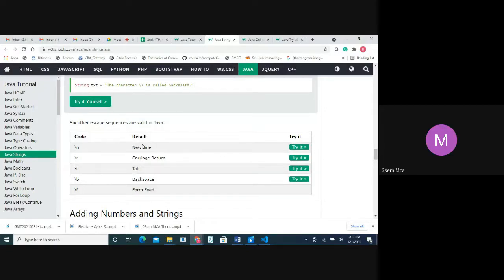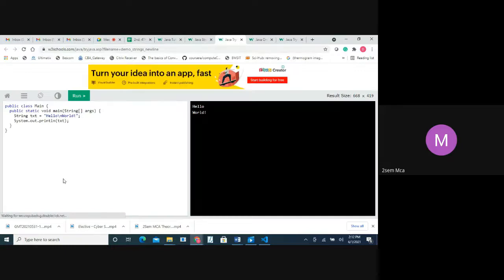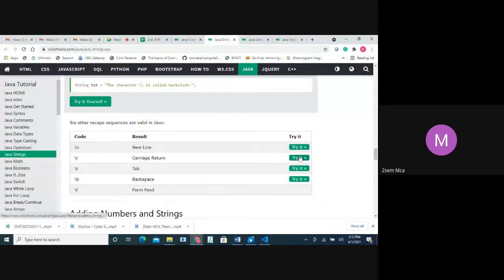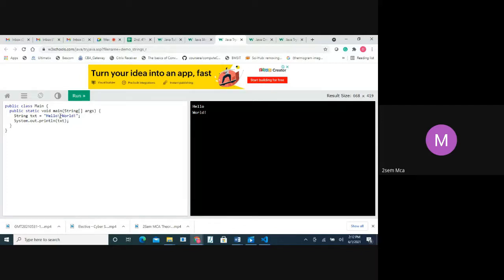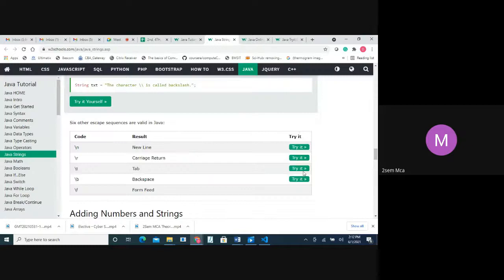When do we use slash r? See, slash n. So I want hello and world: hello in one line, world in the next line. That's what slash n is used for here. Yes, clear? Able to see? This is slash n. Similarly, when should I use slash r? Slash r also works similarly. It returns a carriage.